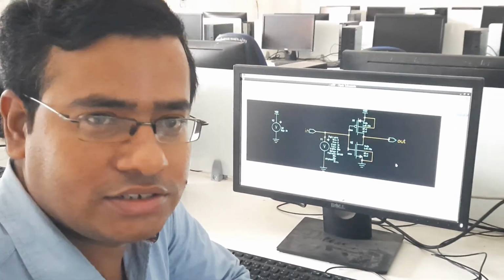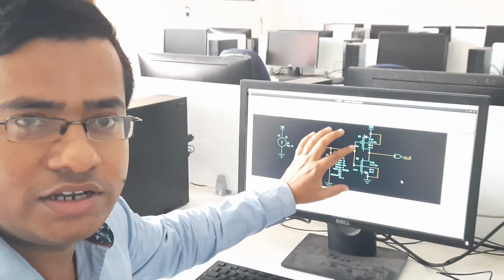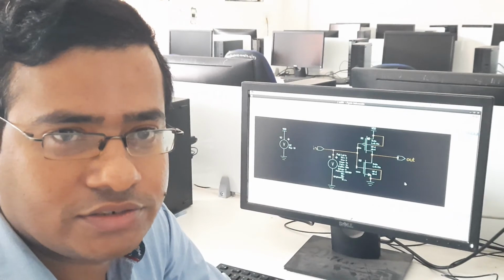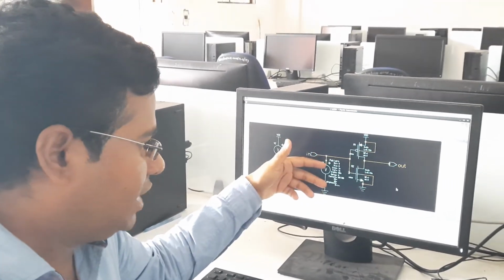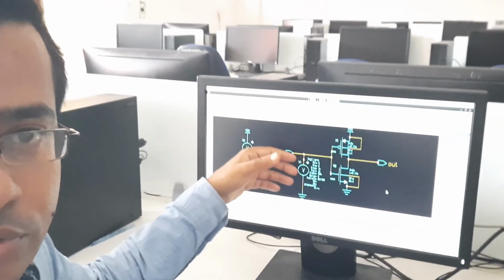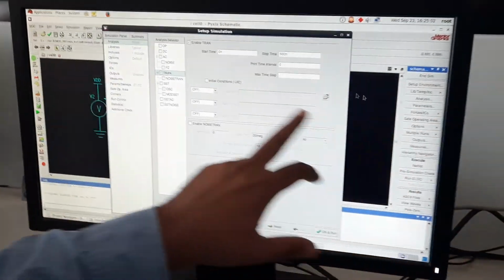So in the last lecture, I discussed the design of the CMOS inverter, and I also discussed the transient analysis. In transient analysis, you apply some patterns at the input node, and accordingly you check your output. You know very well, we go to the analysis part.